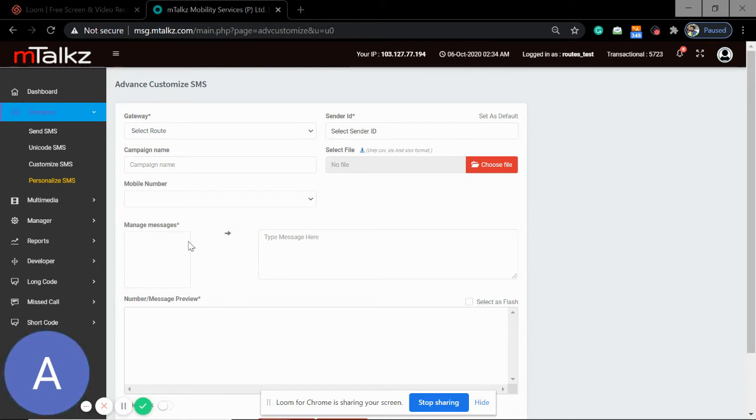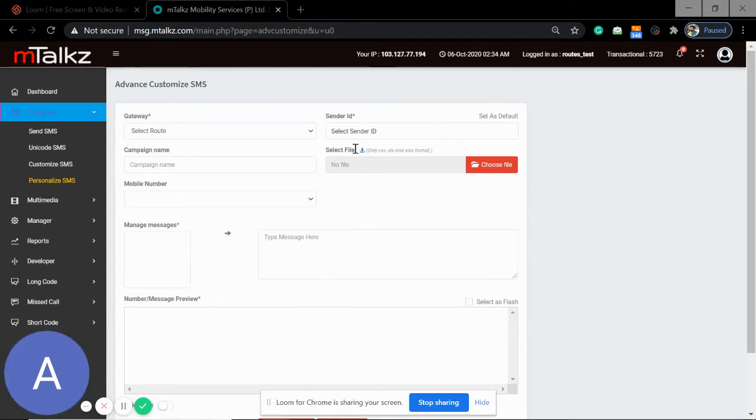So if you have that file, you can upload that file in our portal, and you can personalize your message as per your data, and send it to your customers.